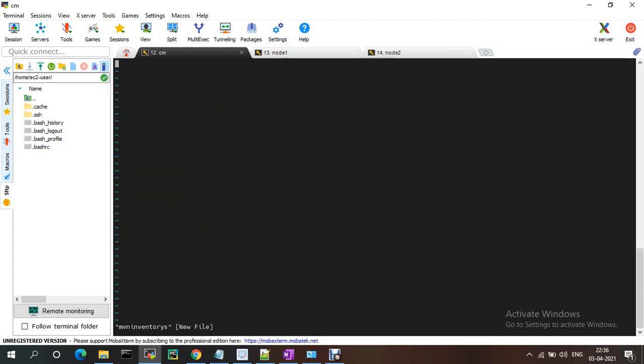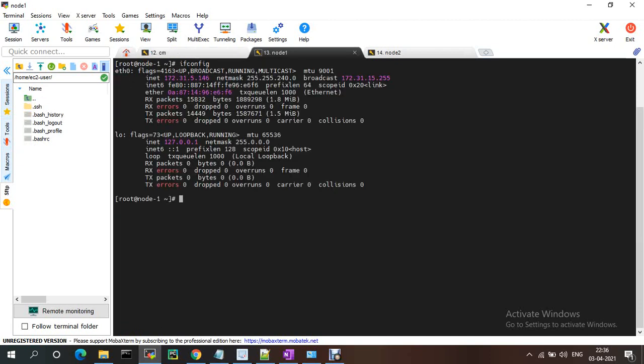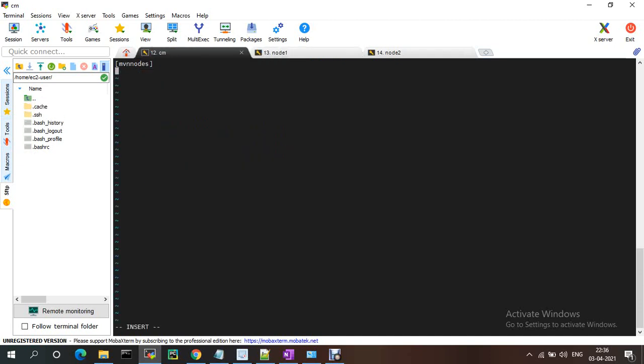I'm adding the node details here under a group name, mvn nodes, instead of individual entries, and I'm pasting the IPs.